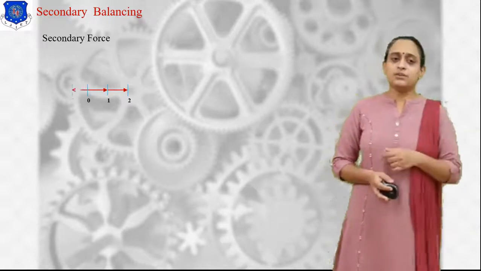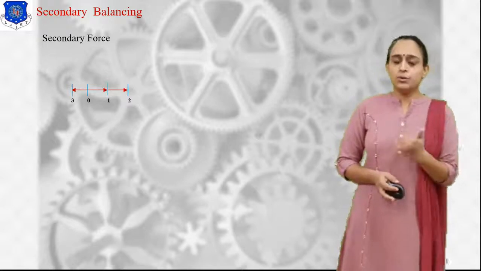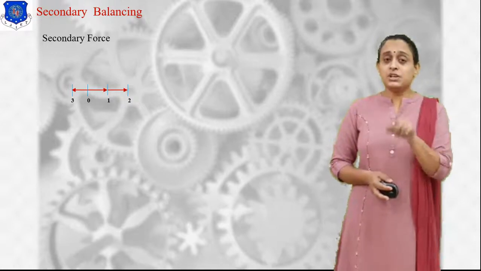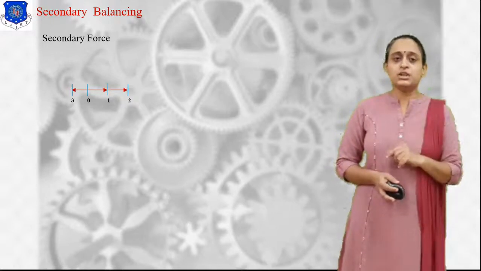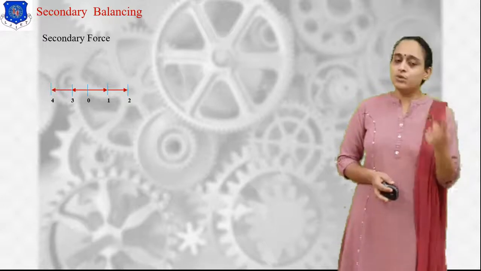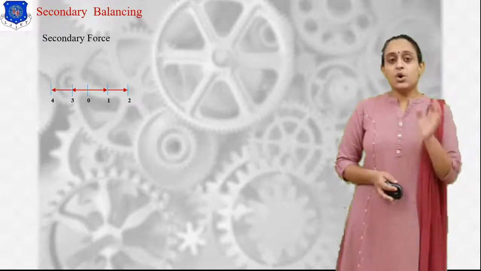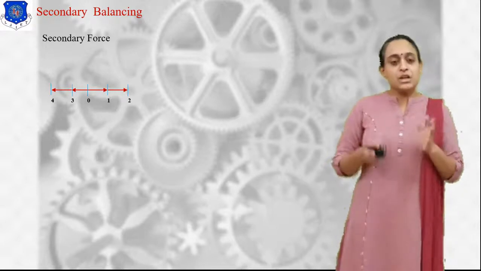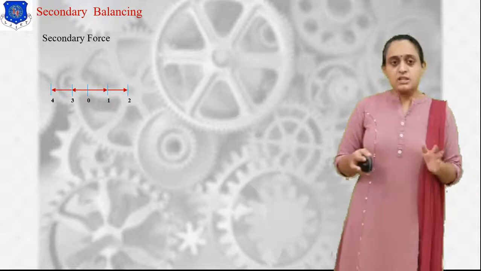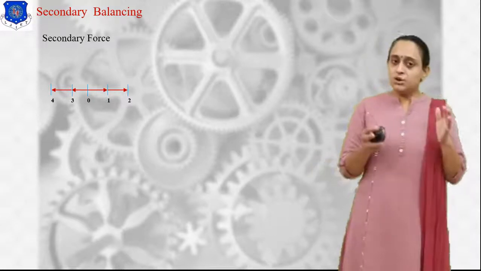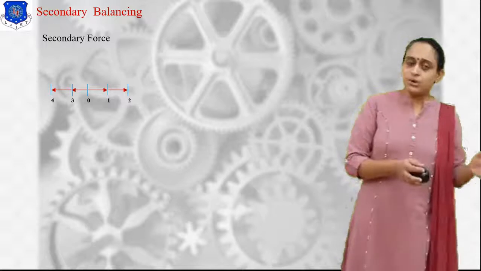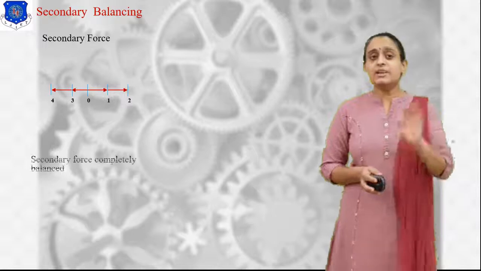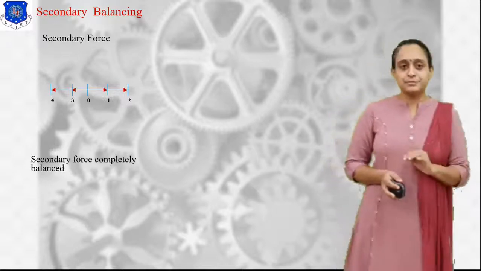Now let us draw 3 and 4. So 3 is exactly opposite at 180, so that we cannot draw from the second position. We have to draw it from 0 position. Here 3 at 180 and 4 is also at 180. As you see, all the values of forces are similar as 0.09 kg meter. Okay, so 0.09 for 1, 0.09 for 2, 0.09 for 3 and the same for 4. So in both the cases it is similar. So the secondary force is completely balanced in our case.